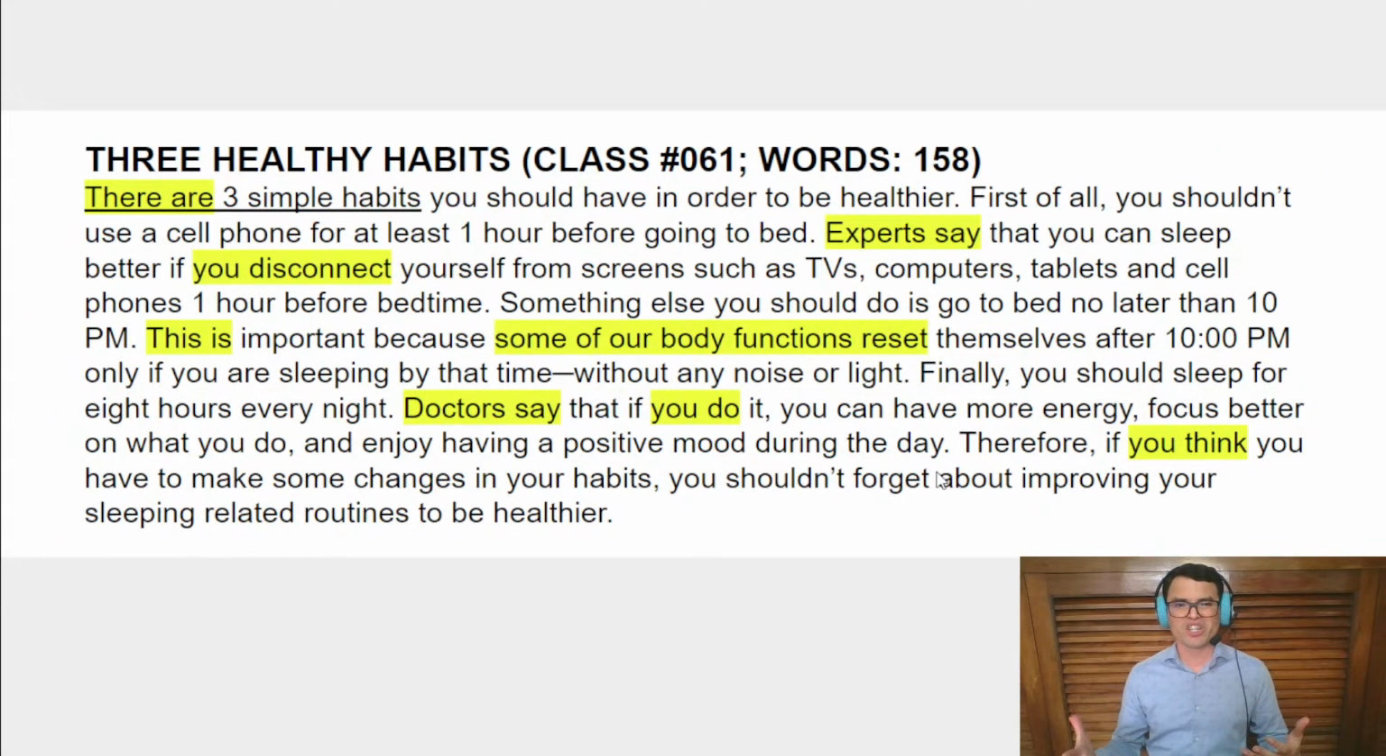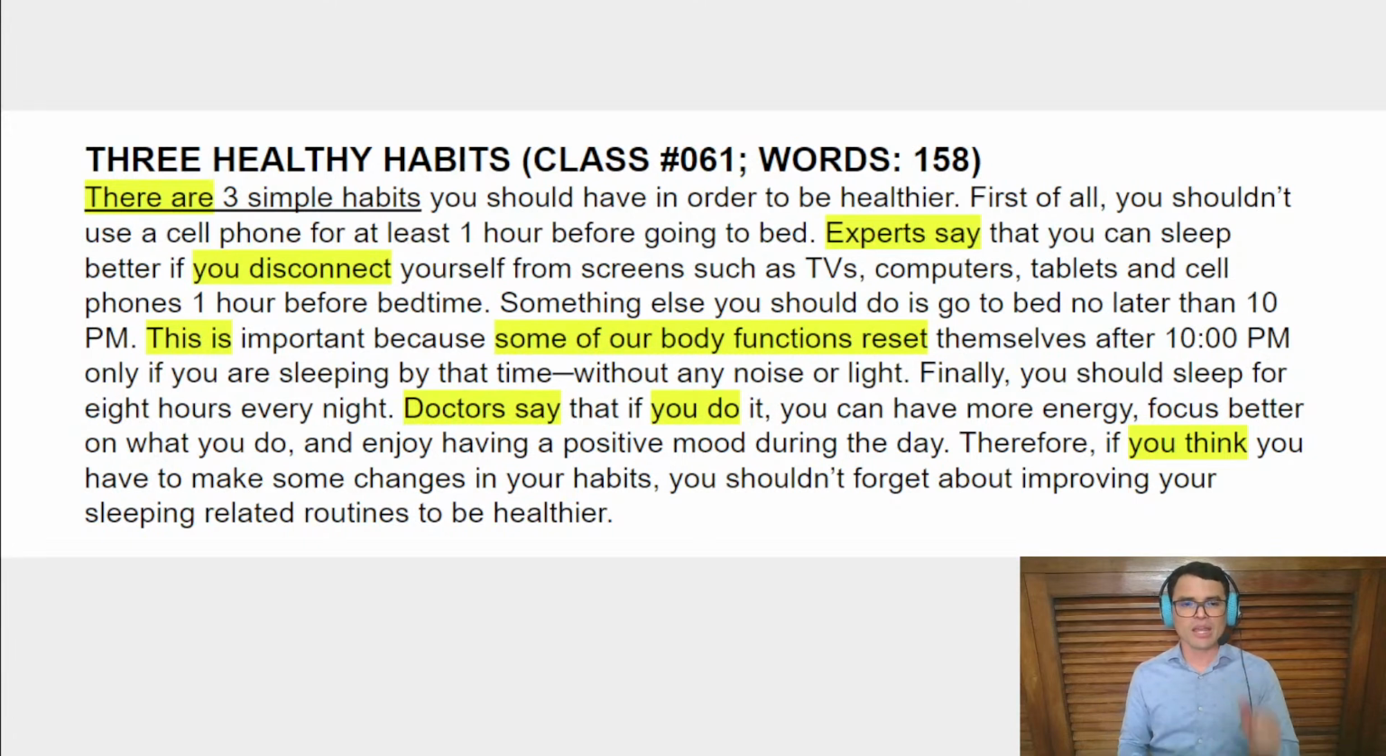Examples of the simple present to talk about facts. Example, there are three simple habits. Subject, three simple habits. There are, to talk about existence. Next, experts say. Subject, experts, verb, say. Next, you disconnect. Subject, you, verb, disconnect. Next, this is. A subject, this,